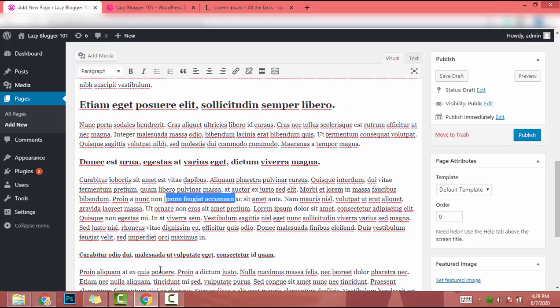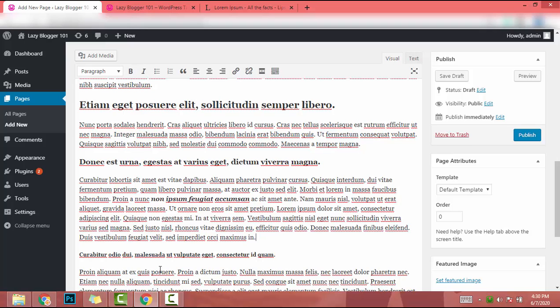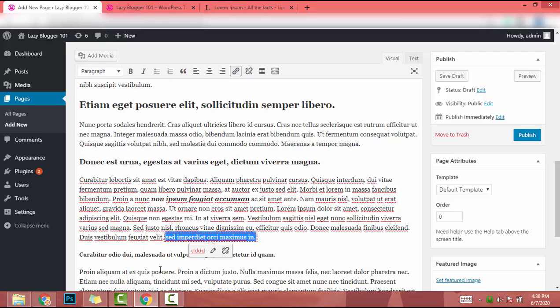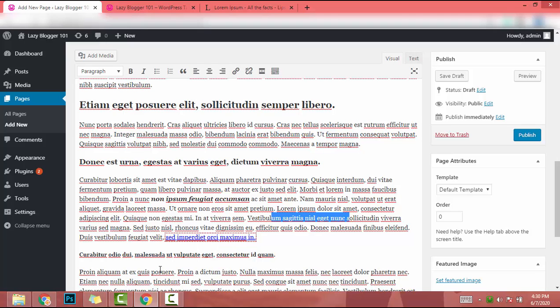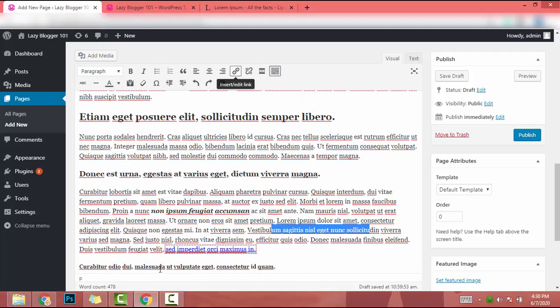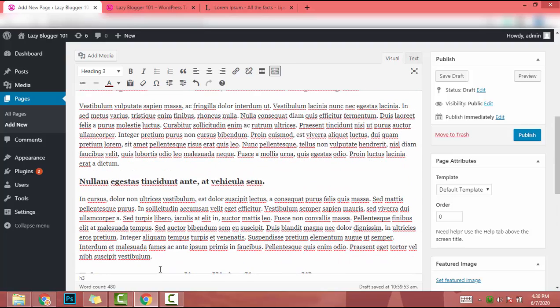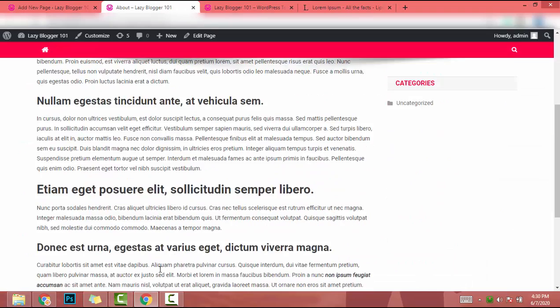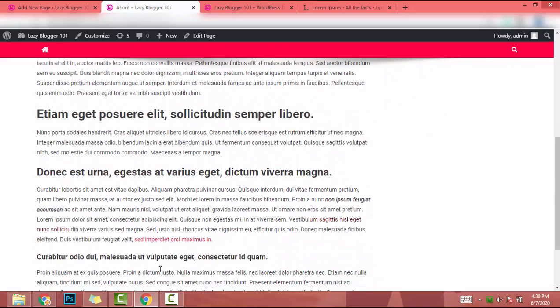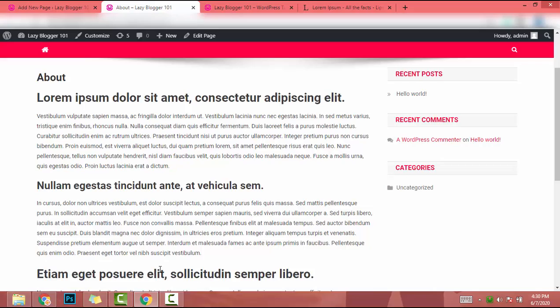Also you can make text bold, italic, and you can add a list. You can make it a link. There are a lot of things like this. Also you can change the colors. If you click on this toggle bar button, you will see a lot of icons. So if I go to this one and click like this, it will convert to red color. So if I preview this page, it will look like this. So just play around with it and you will see awesome results.